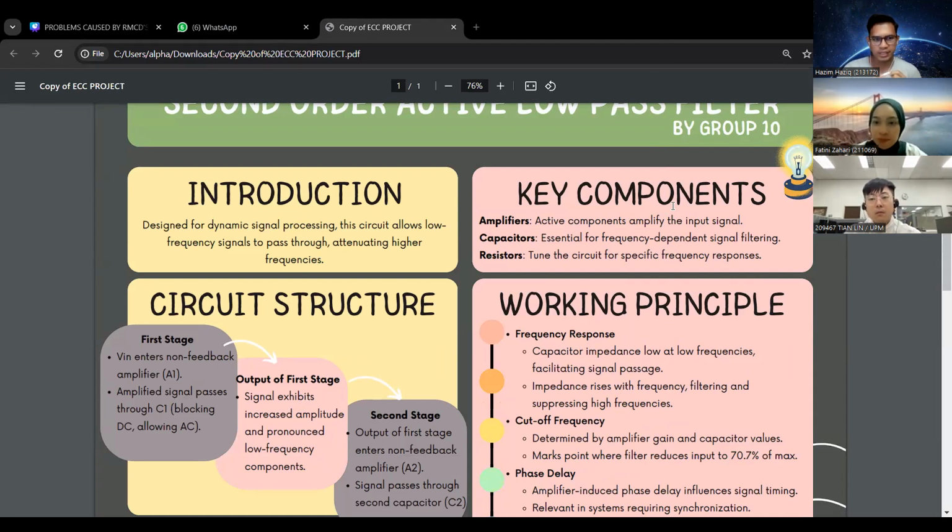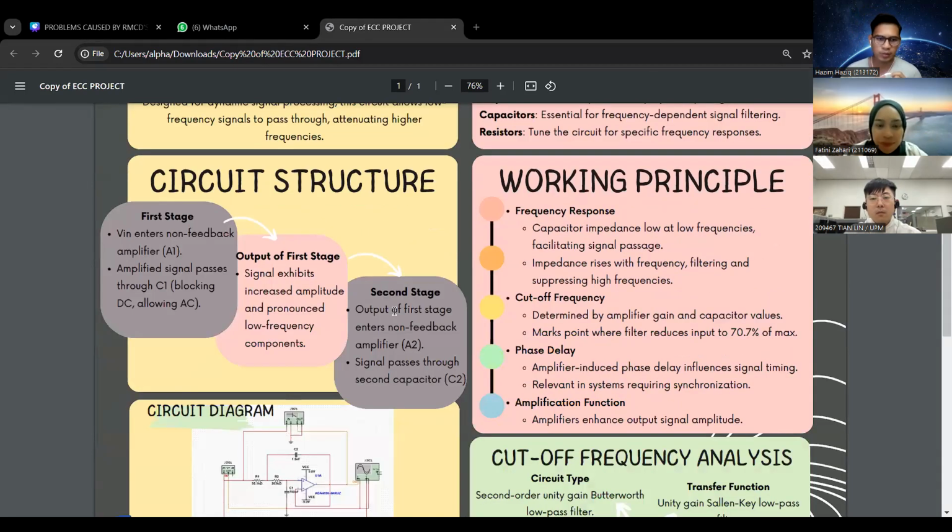Okay, thank you, Fatini, for the explanation or introduction just now. So I would like to proceed with our circuit structure. We have the first stage in our circuit, which is Vin entering a non-feedback amplifier. After that, the amplified signal passes through C1, which blocks the DC while allowing the